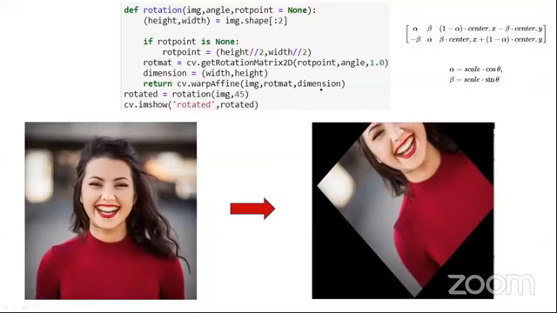So this is an image I have rotated using a 45-degree angle. I didn't give any rotation point, so it is basically taking the center. You can see, suppose this is 400 and this is 400, the center coordinate will be 200 and 200. So here I specified that if you are not giving any rotation point, then it will take the center. How you can hard code it: height divided by 2, width divided by 2. So this is all about the rotation function.